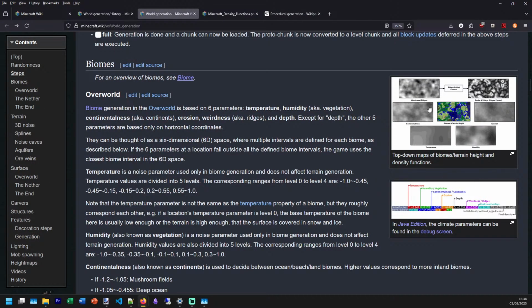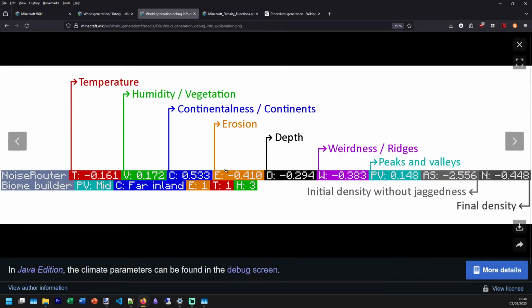Anyways. So in the Java old debug screen, before the latest snapshot, you could see this data. I don't know if you can anymore. The TV, CED, WPV, AS, and final density. And our final density is what we want in our life. And our biome. Oh.